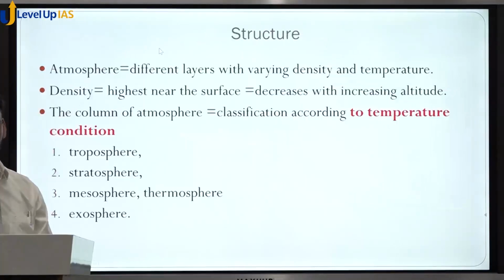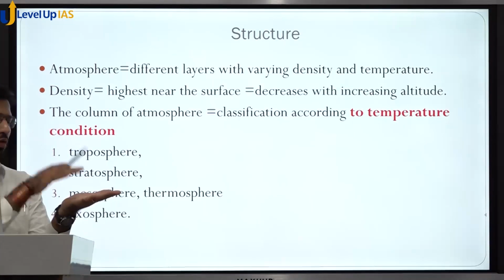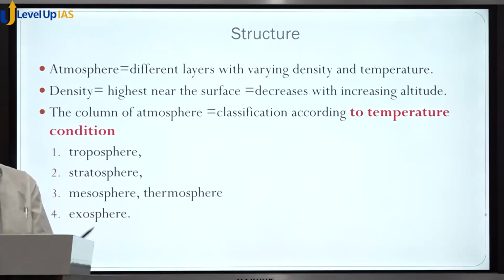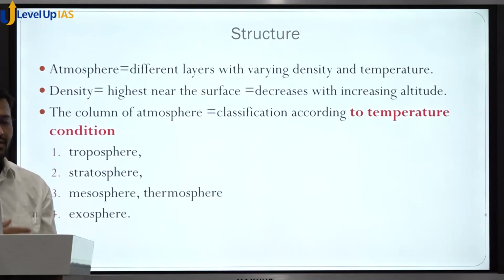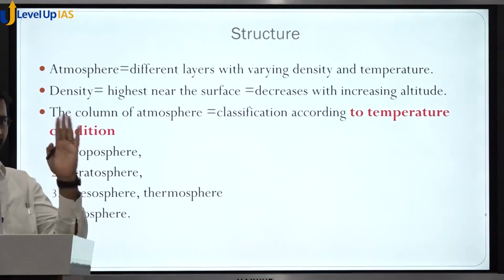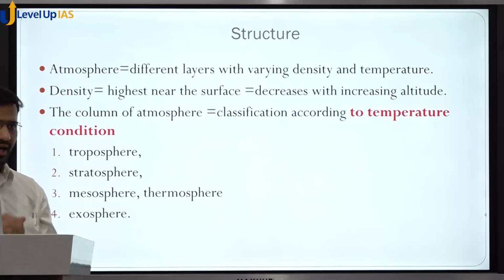Okay, so let us understand the overall structure of the atmosphere. From bottom to top, there are various layers of the atmosphere. These layers have been classified according to the height and change in the temperature. In some layers, as you move upward, temperature is decreasing. In some layers, as you are moving upward, temperature is increasing. So based upon the temperature of the layer and the particular characteristics of particular gases, these layers are classified accordingly. So let us understand these layers and their importance.